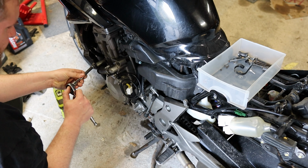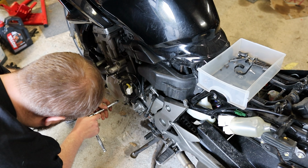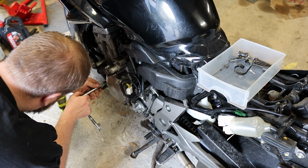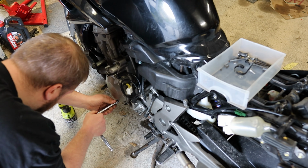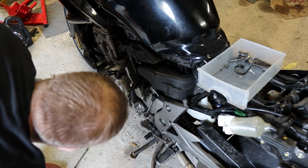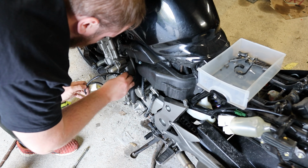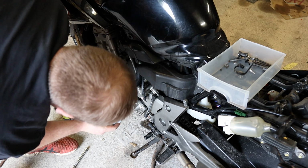Okay, so that's all our bolts in, and now I'm just going to tighten them in a crisscross pattern. I'm just going to go loosely hand tight first. Now what you want to make sure of as well is if you've got any overspill of RTV silicone on the outside, you want to clean it off now before it sets. Otherwise it will be there